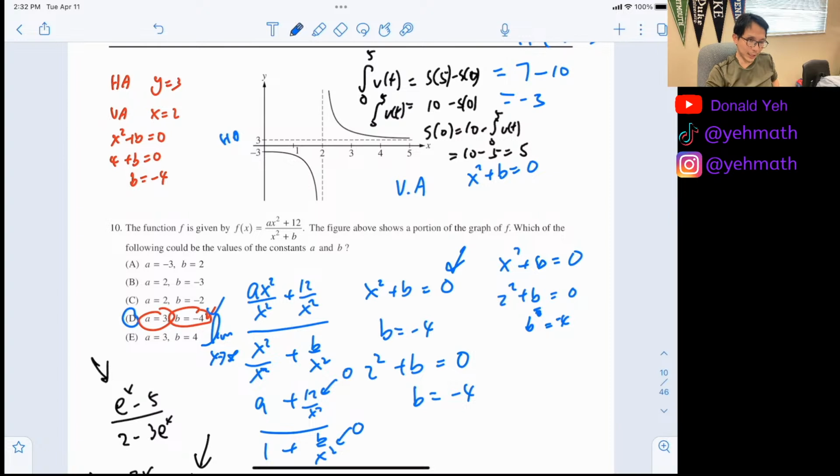Or you can reach infinity. If you reach infinity, it's just going to be a over 1. Why is that? You divide by the highest degree of the denominator and reach infinity. Now, I think somebody asked me, how about negative infinity? Negative infinity also works because sometimes you get